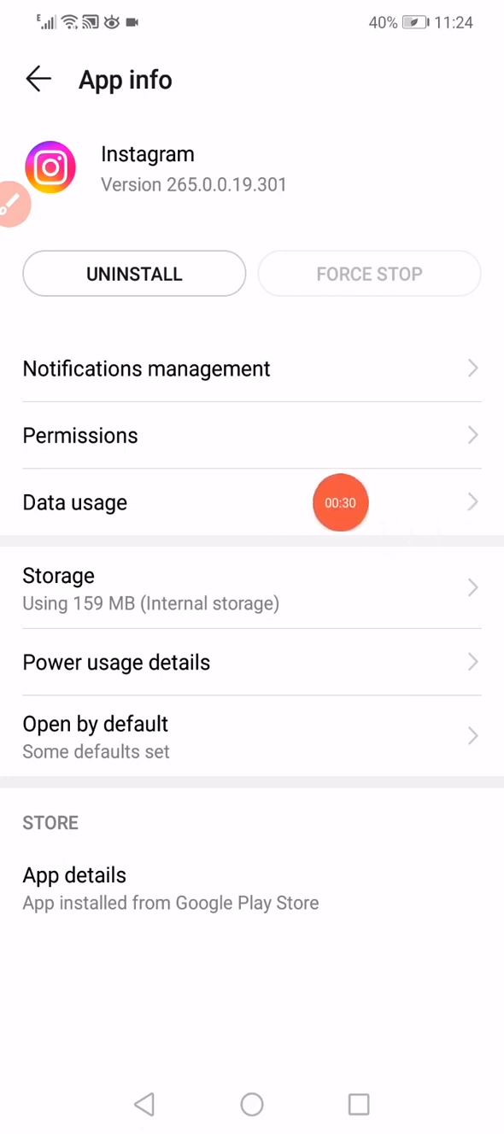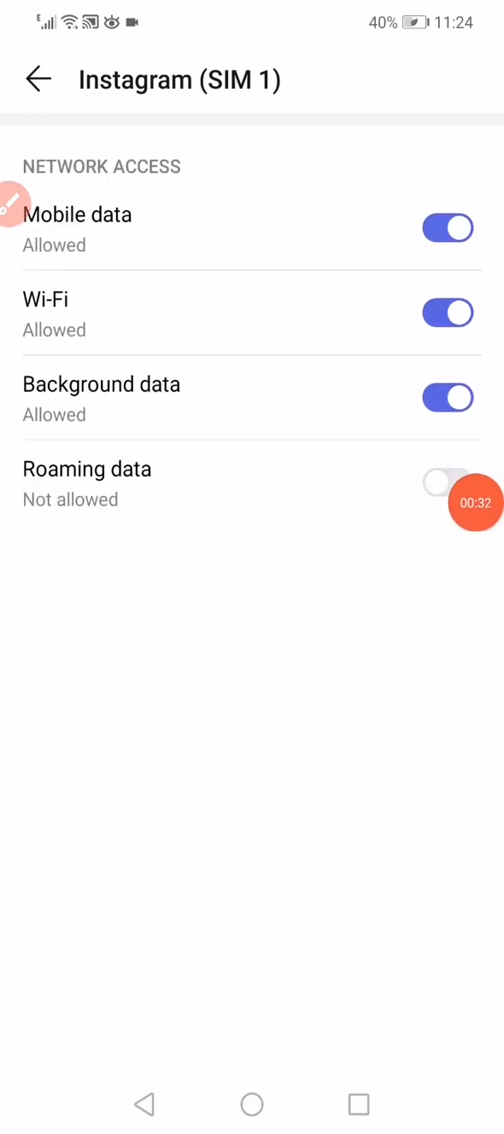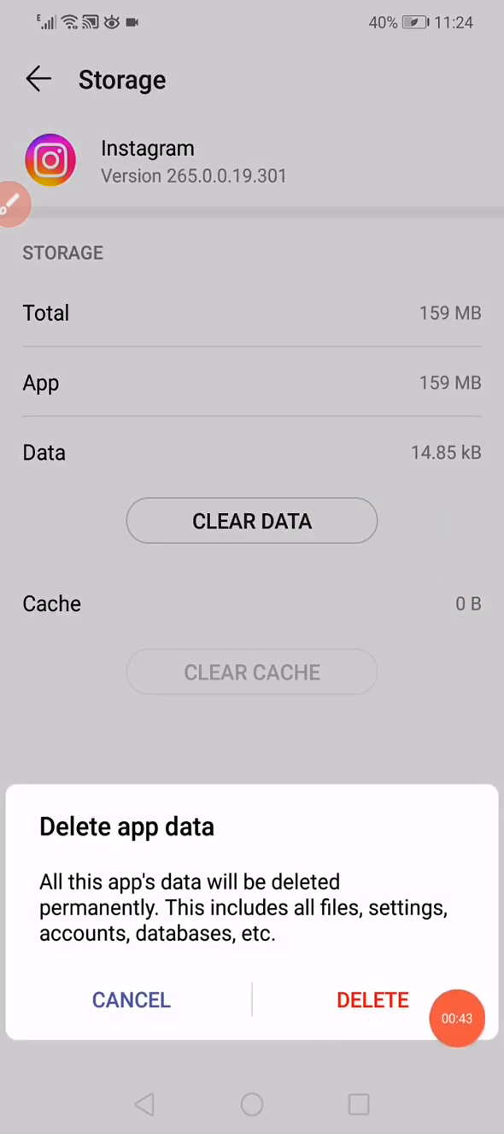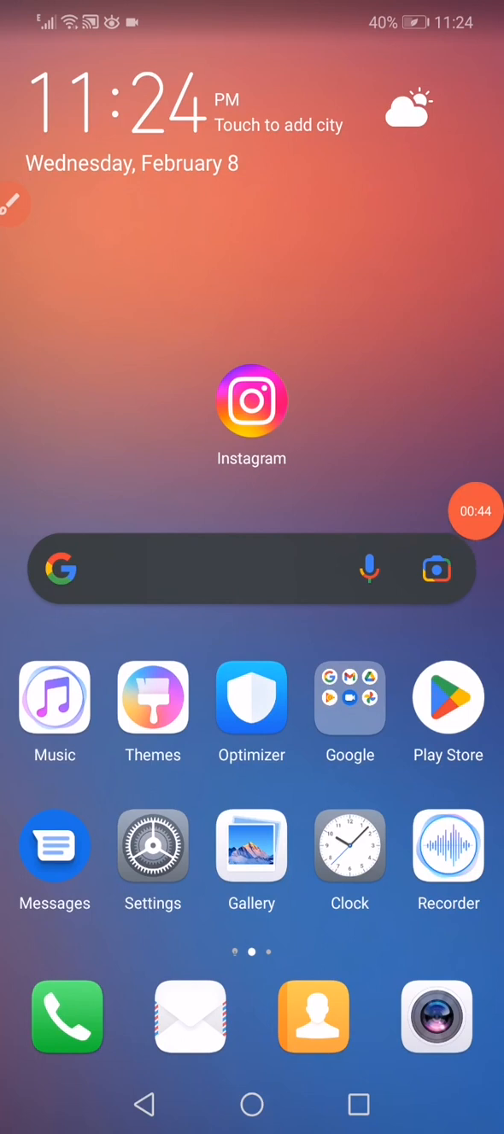Click here on data usage and disable the background data and the roaming data, and enable the mobile data and Wi-Fi. Go back, click on storage, click on clear data, click on delete, go back to the home page,